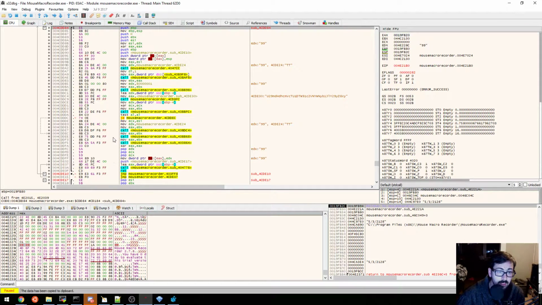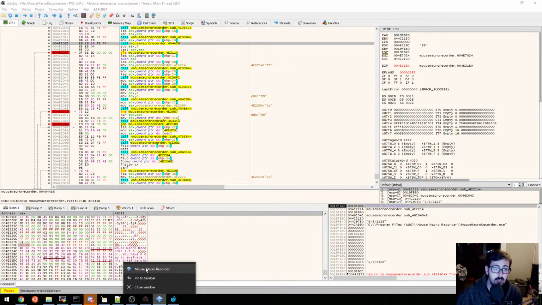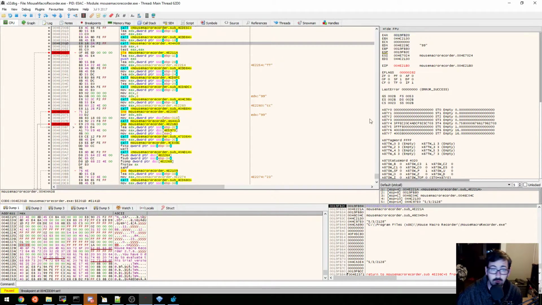And that would be jump if equals there. XOR. How do we get here? We don't. We'll put a breakpoint here and see what we find. But for now, I'm going to mouse macro recorder, run another one. We see registration hint still pops up, so the registry key didn't do anything for us.